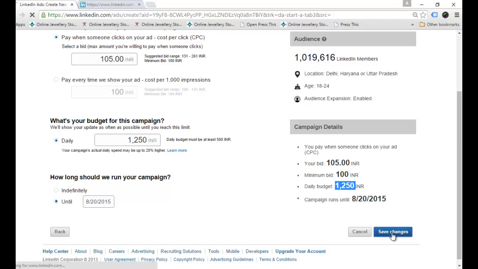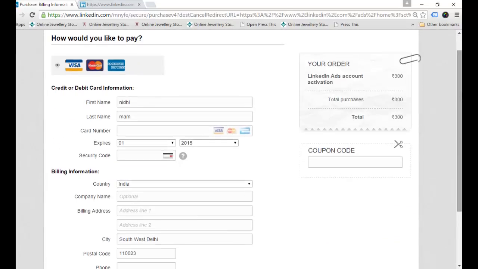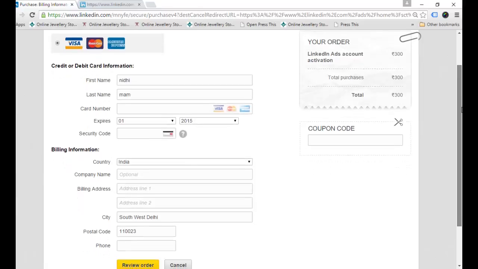Click on save changes. This was the step where we created our campaign, our ad group, and after that we created our ad. Now since we have to pay, without money your ad will not run on LinkedIn. It provides two options, credit or debit card only, no option for online transfer. So here you have to enter your credit card or debit card details.